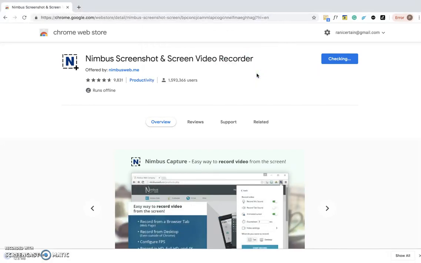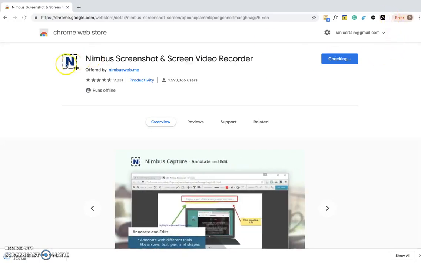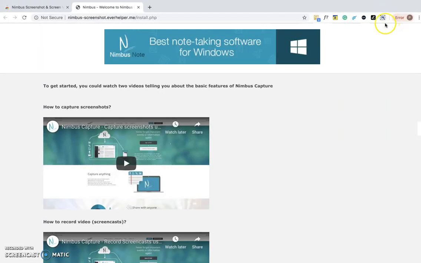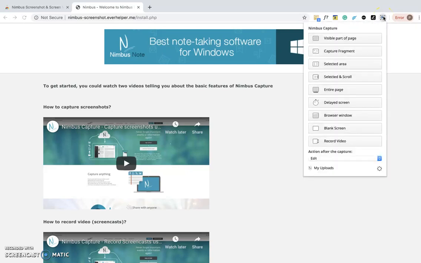and once it's installed, you will see the Nimbus icon. This is the logo that usually appears here. Once you click on that, see, now you can see it's installed. Now say you want to take a screenshot or record, you'll need to click on this and you can see all